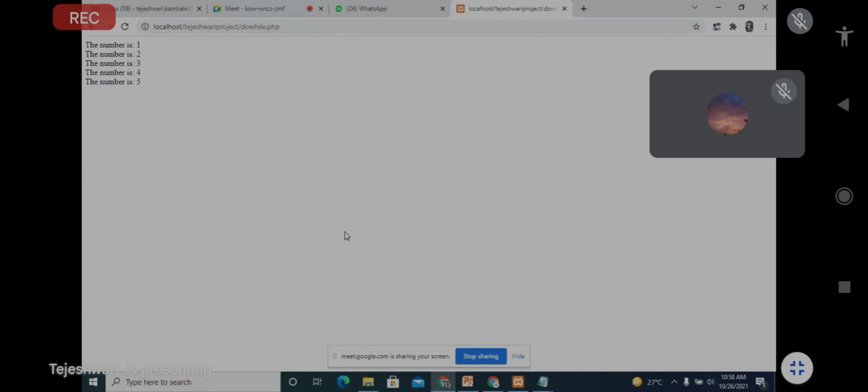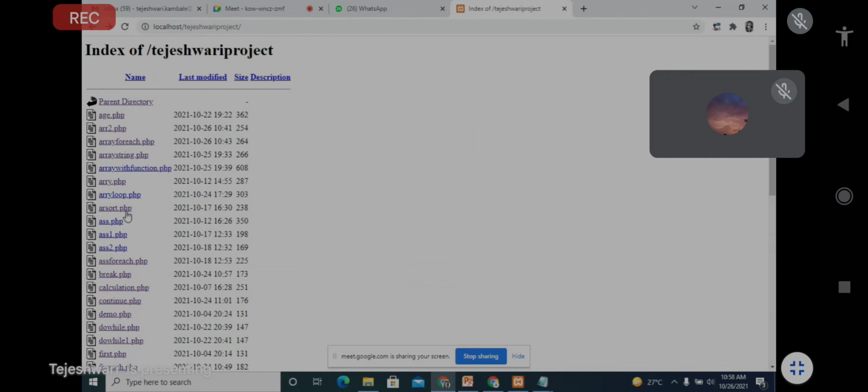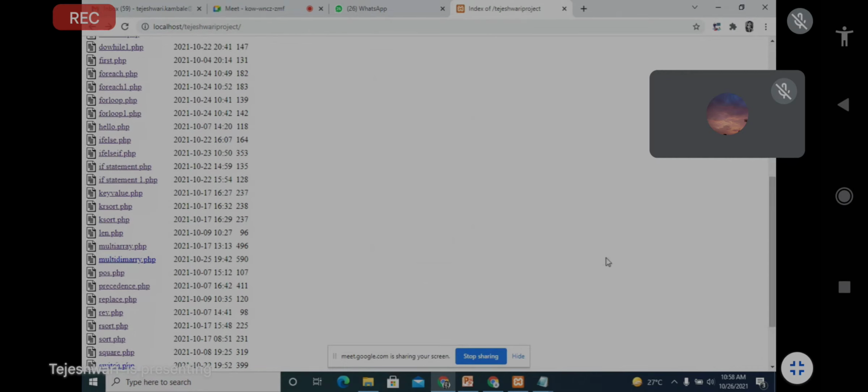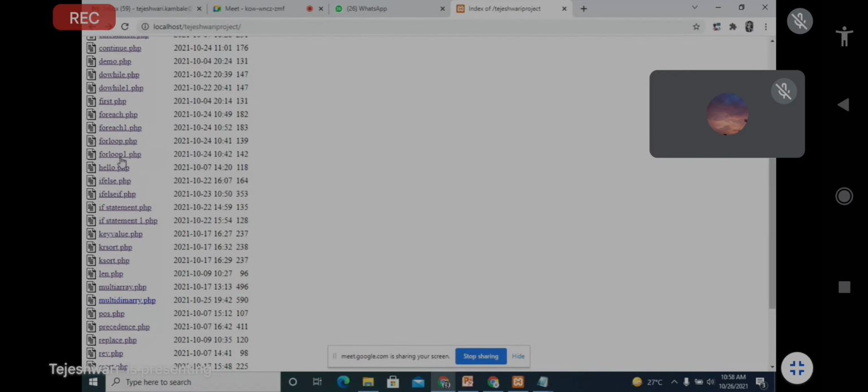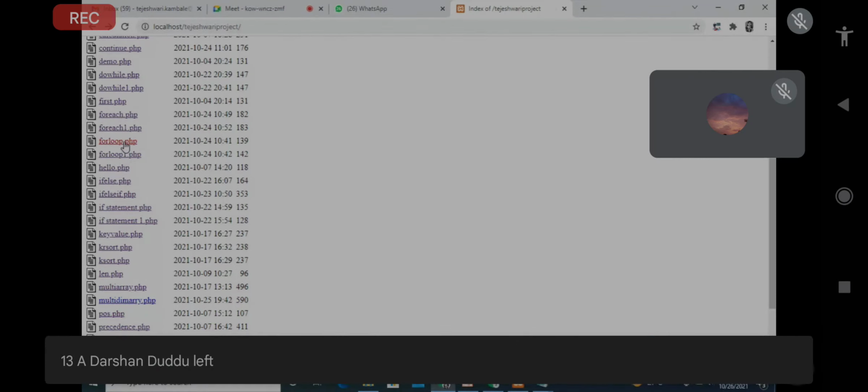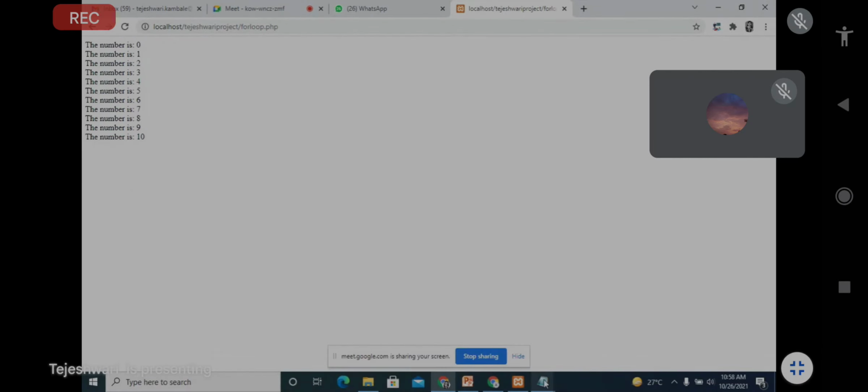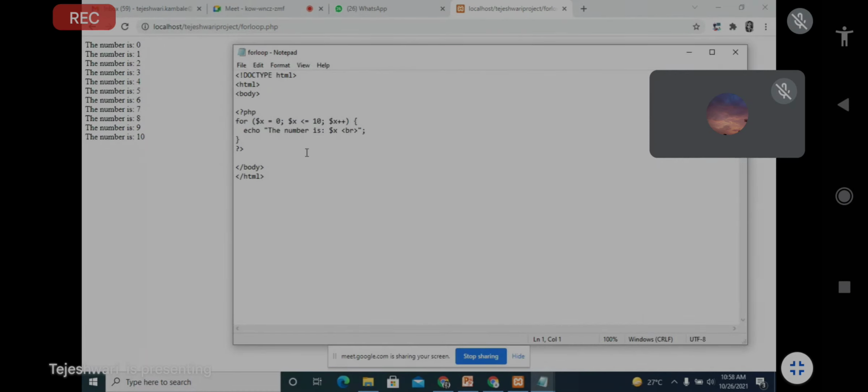If you see the for loop, this is a for loop. If you see the program, simple: for $x is equal to 0, $x less than 10, $x plus plus.